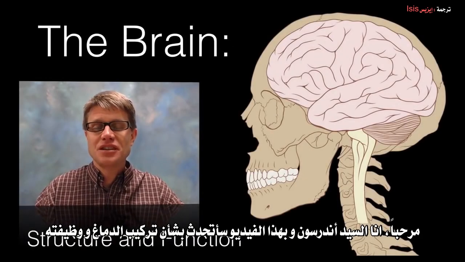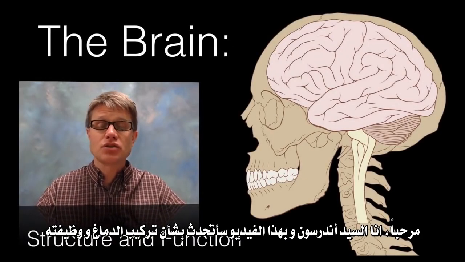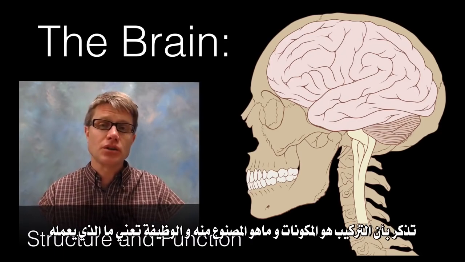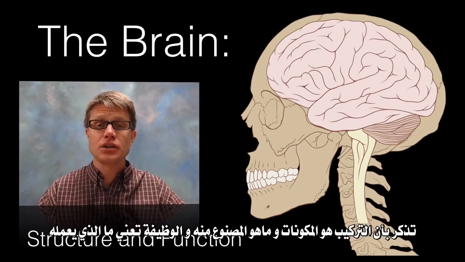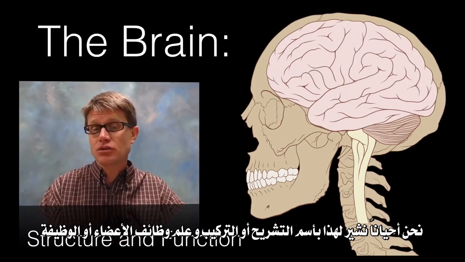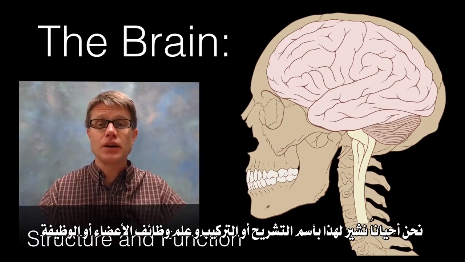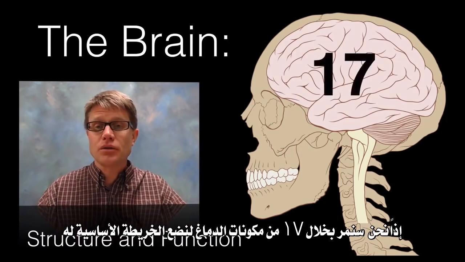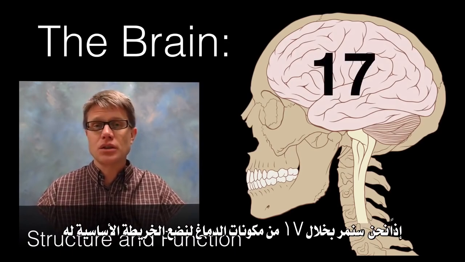Hi, it's Mr. Anderson, and in this video I'm going to talk about the brain, structure and function. Remember, structure is what it's made up of, and function is what does it do. We sometimes refer to this as the anatomy or structure and the physiology or the function. And so the cool thing is that we're going to go through 17 different structures in the brain,